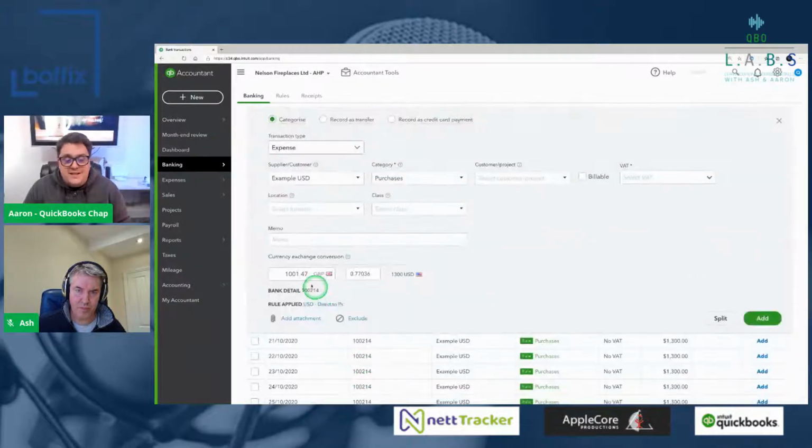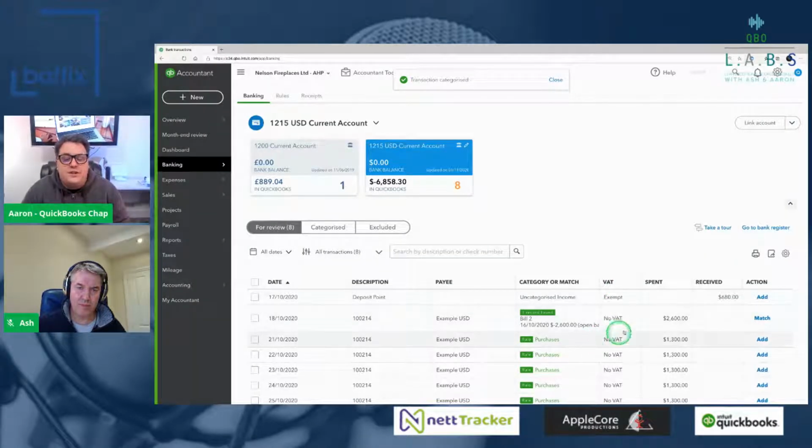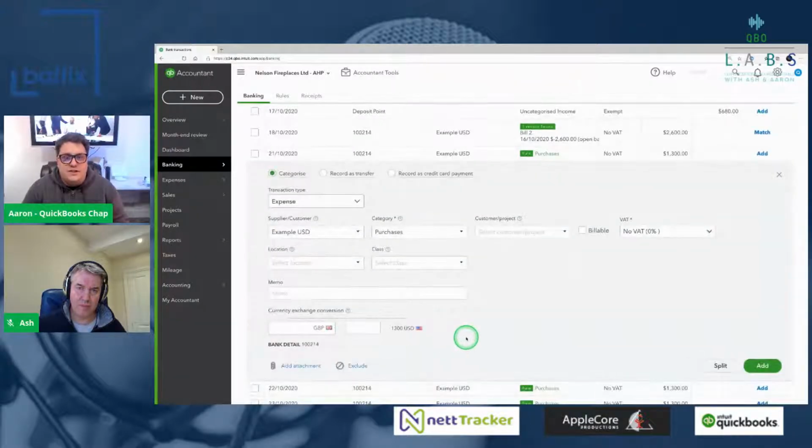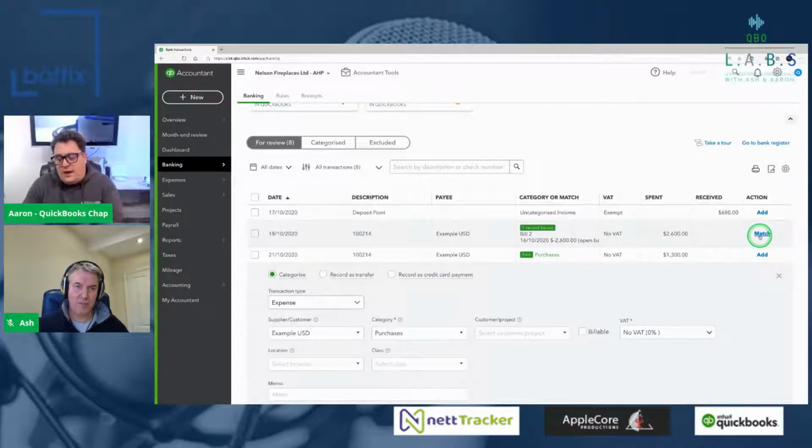it will then keep updating the exchange rate for you, which it used to do and which we're expecting it to do, depending on what the exchange rate is for that particular day. But it's the case now that you've got to go in and click on every transaction and individually add the transaction. Also, because we don't have that find match feature, we're finding it tricky to easily put it against a bill that you might have outstanding, especially if it's in a different currency. We go through this quite a lot in our advanced course, but it's worthwhile understanding.